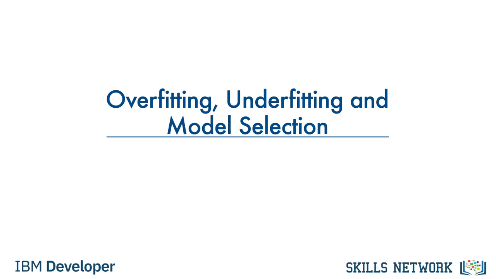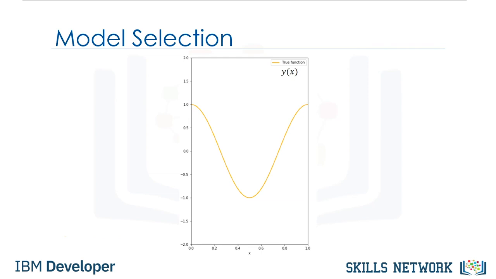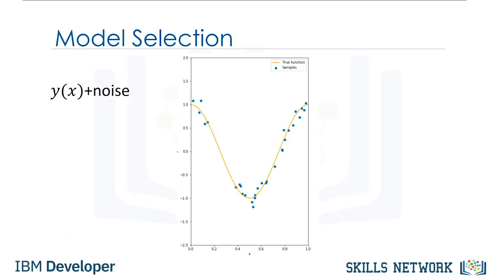If you recall, in the last module, we discussed polynomial regression. In this section, we will discuss how to pick the best polynomial order and problems that arise when selecting the wrong order polynomial. Consider the following function. We assume the training points come from a polynomial function plus some noise. The goal of model selection is to determine the order of the polynomial to provide the best estimate of the